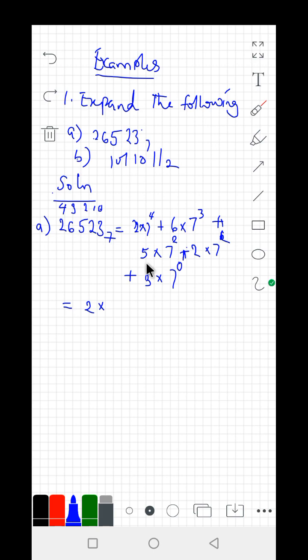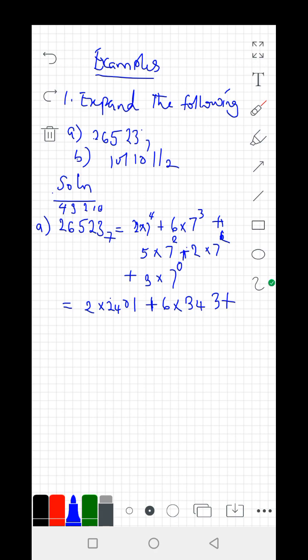7 to the power of 4 will give you 2401. Okay, 2 times 2401 plus 6 times 7 to the power of 3, 7 times 7 times 7. So that will be 7 times 7 times 7. That gives us 343 plus